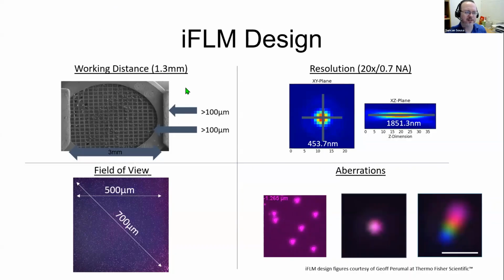Basically, you've got a working distance of about 1.3 millimeters. That gives you a lot of flexibility for tilting and moving your grid around to shape it. Resolution is a problem with light microscopy because we're limited by light wavelength, outside of super resolution, other correlative techniques and whatnot. But basically, we're sitting in the 300 to 600 nanometer resolution range. In Z, for IFLM at least, we're talking like